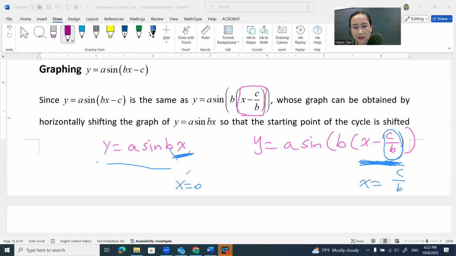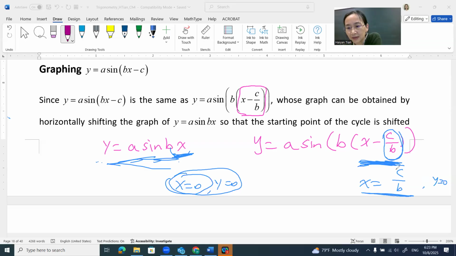So it's as if when this is 0, y is also 0. That's the origin. So that origin is when this x is c over b, then the y is also 0. This point is moved to this point. That shows a horizontal shift. That is a point on this curve. So that's the horizontal shift of this many units to the right, because here we consider c